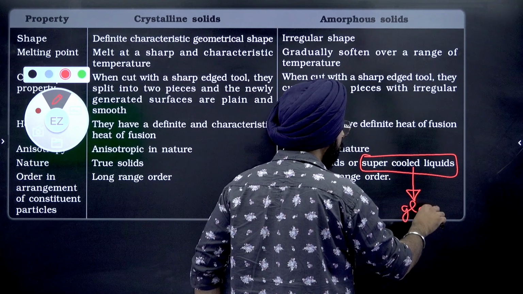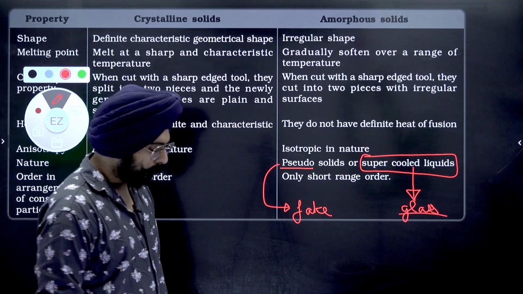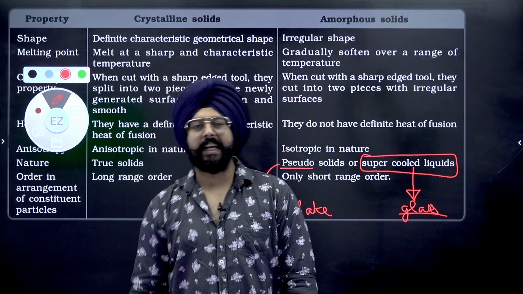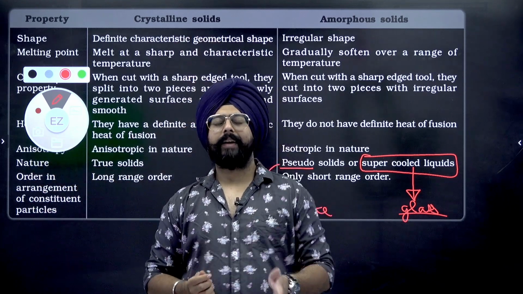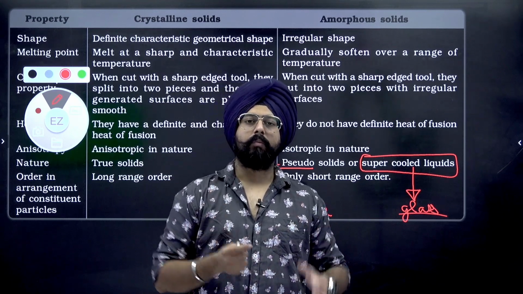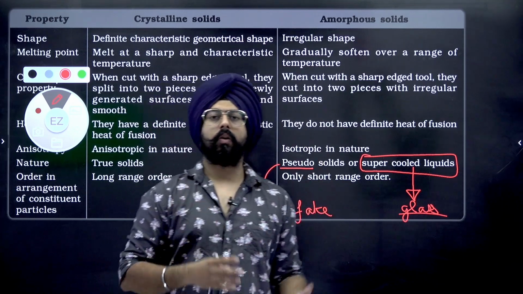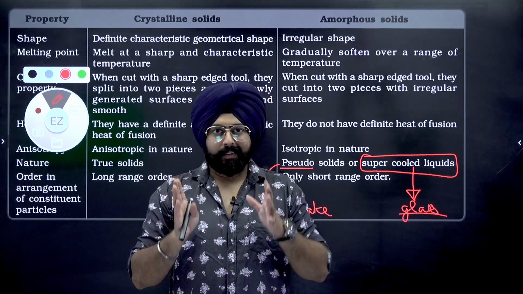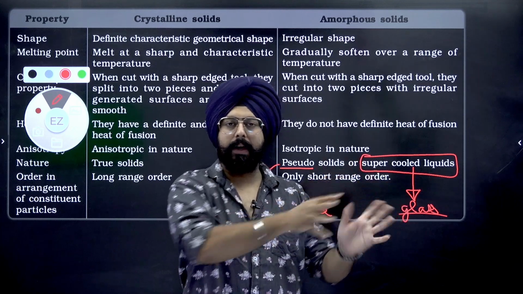And one very interesting example over here, a big misconception that people have, is about glass. Yeah, people say that glass is a supercooled liquid. Over the years, when you look at window panes, the bottom part of the window panes is thicker because the liquid has flown towards the bottom. That, my dear friends, is a misconception. Glass is a solid. It is a proper amorphous solid. In ancient days, their glass making techniques were not mechanized by machines, for lack of better words, done only by human hand. I'm sure you've seen how they make glass. They put it in a furnace, they melt it, looks very beautiful.